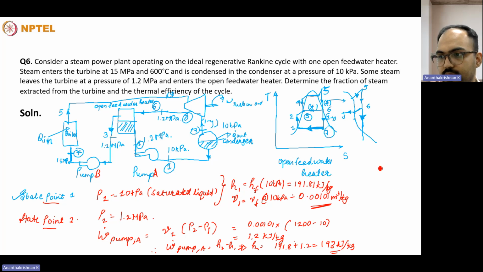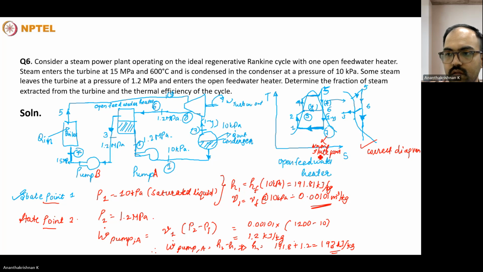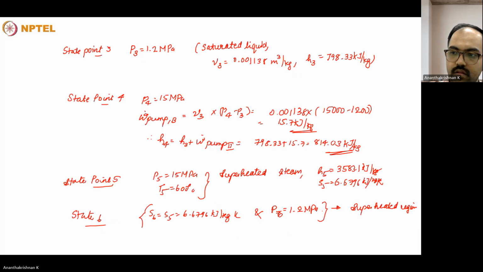So this is the correct diagram. So this is the wrong diagram and this is the right diagram. Wrong state point, wrong state point 6. So it will be the superheated region and